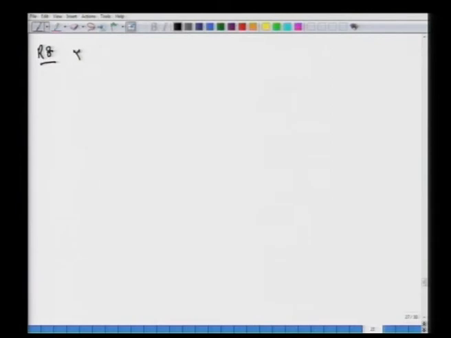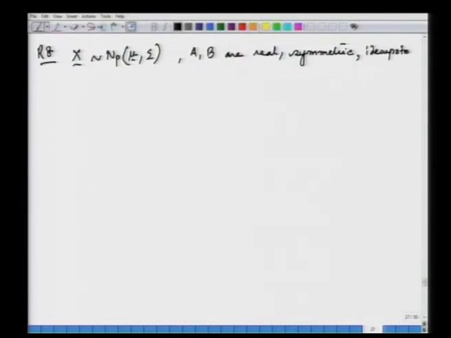This says now I have x, a p-variate multivariate normal with mu, sigma, and A, B as before are real symmetric idempotent matrices with rank of A as K1, rank of B as K2, then